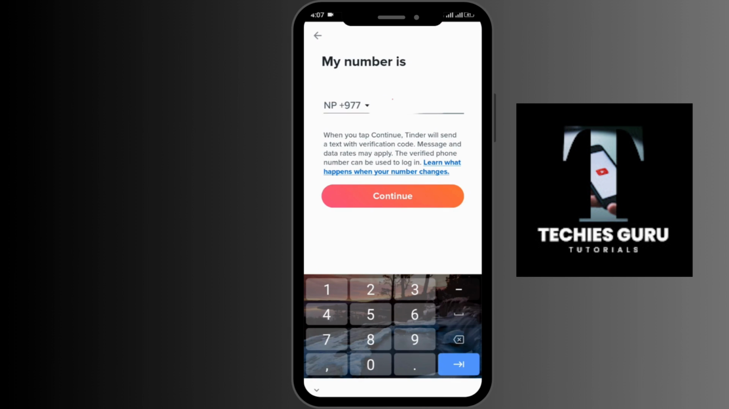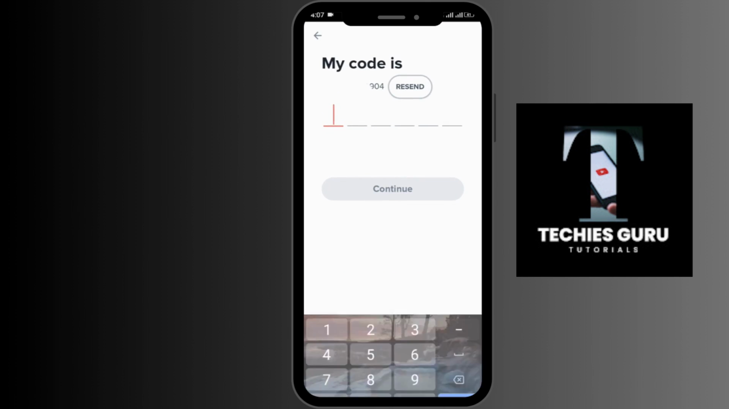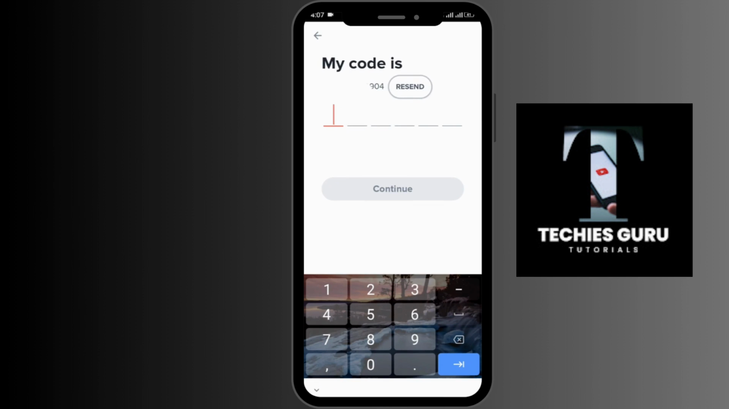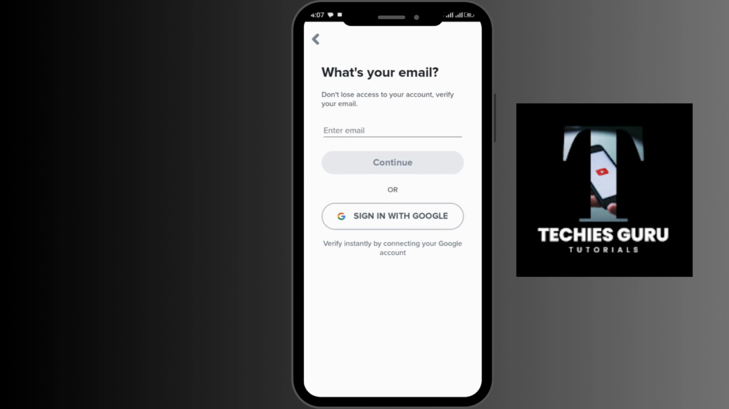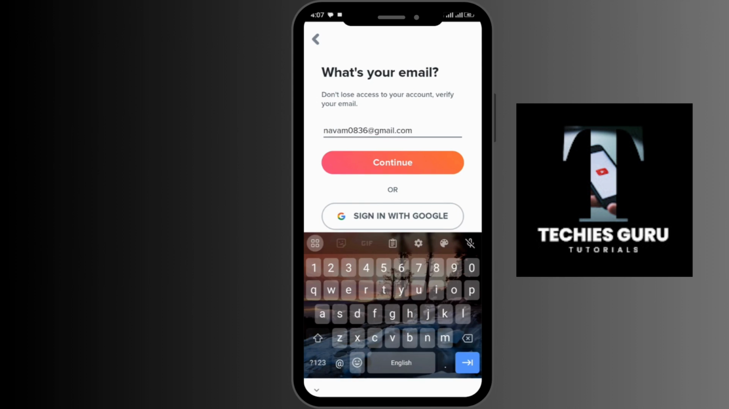number, and after entering, go for continue, and Tinder will send you a verification code. You need to enter the code and simply go for continue. Once you are here, you need to enter your email, or you can better sign in with Google. After entering, go for continue,